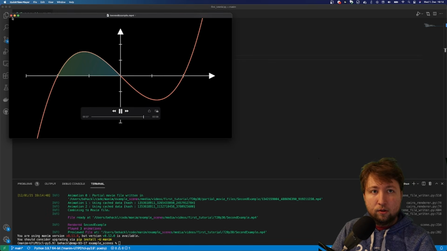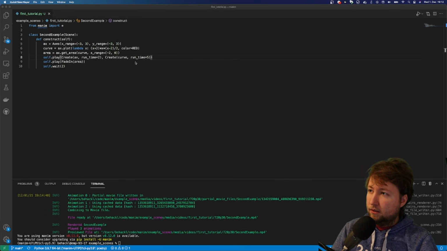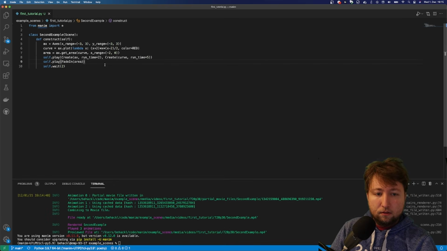So that's how you can control the play time of animations in one of these scene.play calls. Okay, we have the fade in thing, and what else? That's all I wanted to show for this particular example.